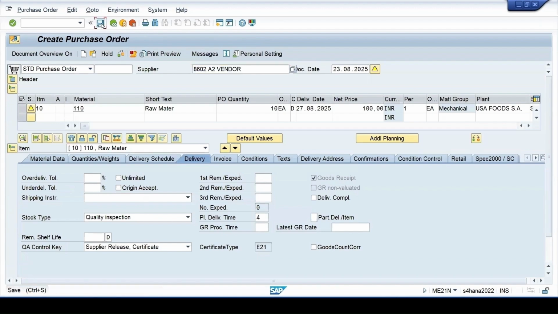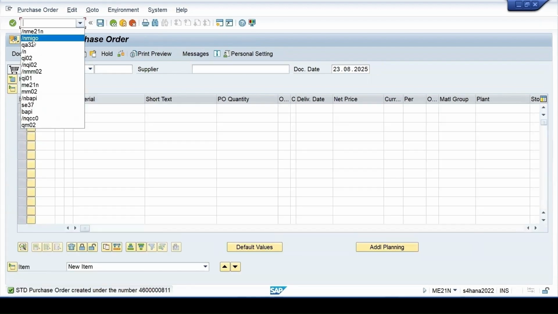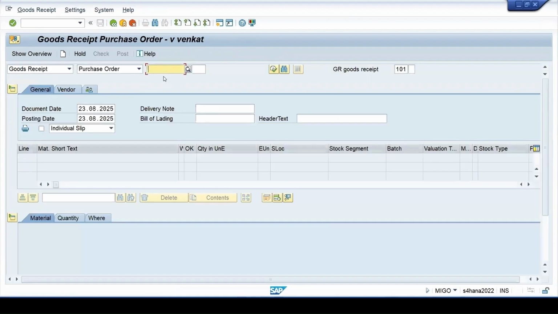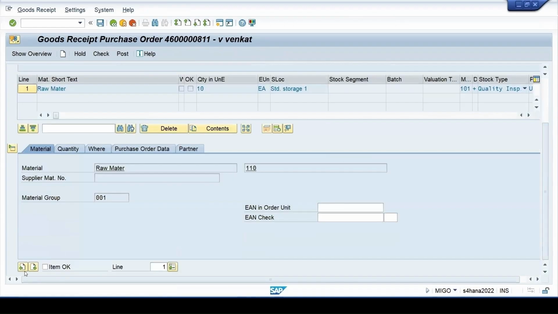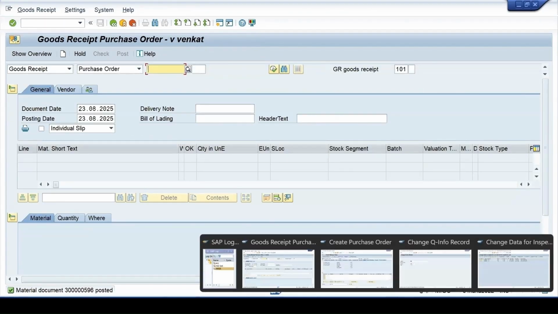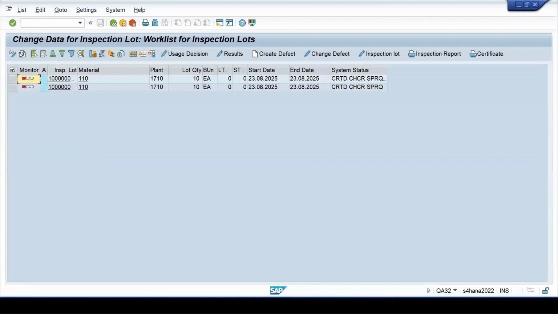And let's save it. Now I will do the MIGO for it. And it will be 11. And then save it. So it is done. And if I go to my QA32 report and then refresh it, no lot is triggered.